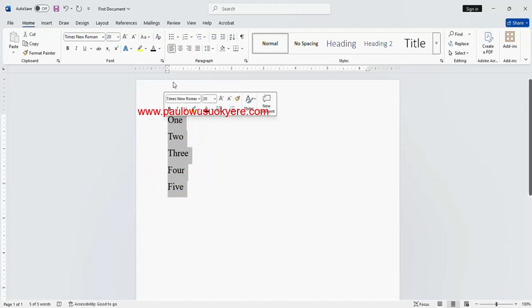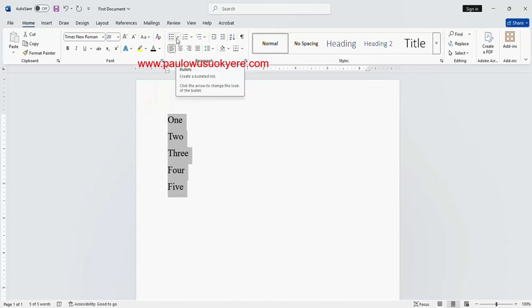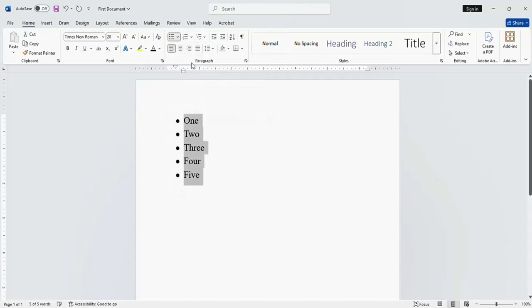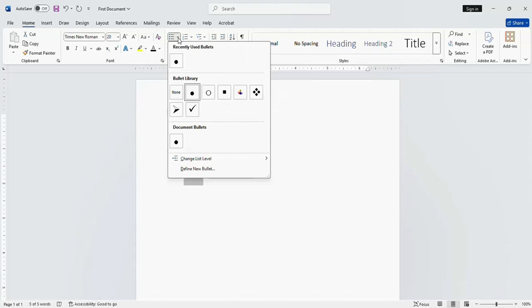Now let me select all like this, and then to add a bullet, you go to bullets, this is bullets, you can click the small arrow and select the type that you want. So let me select this round one, you click like this, it has been bulleted, okay. To remove all, you select all like this, then you click the small arrow again, then you say none,